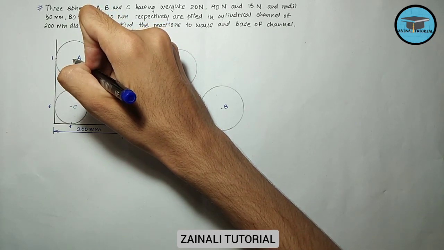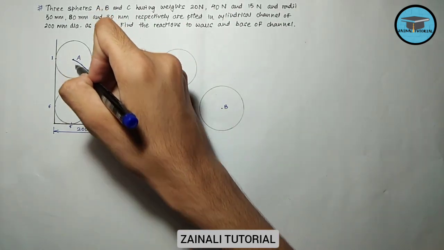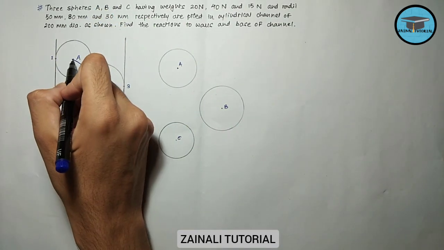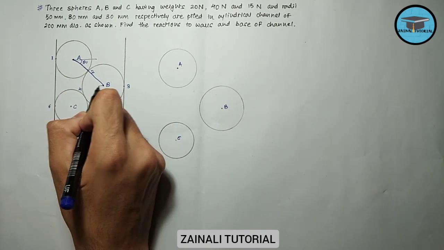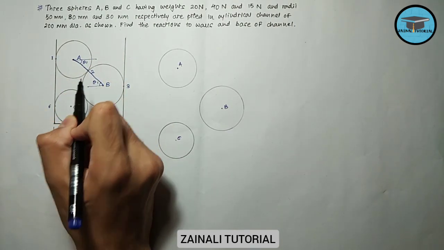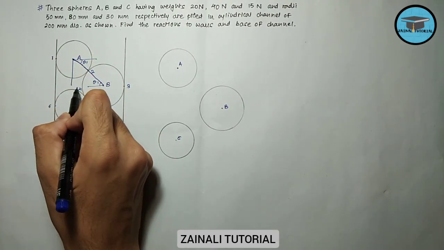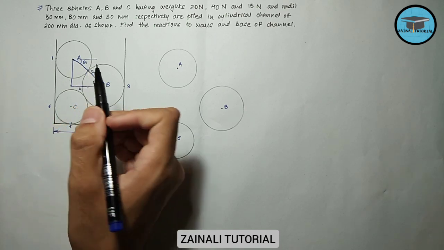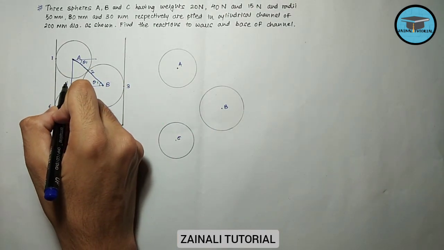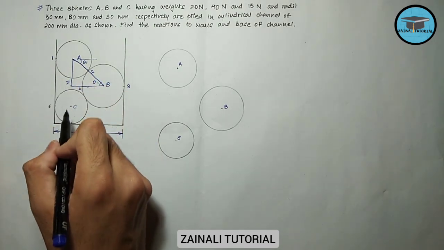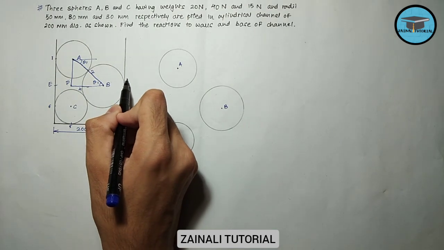join the centers. So let us join the centers, that is A with B. Let us take this angle as theta 1. So definitely this angle would also be theta 1 only. Okay, and now we are using the geometry to determine this angle theta 1. So let us take this point as D, this point as E and this point as F.